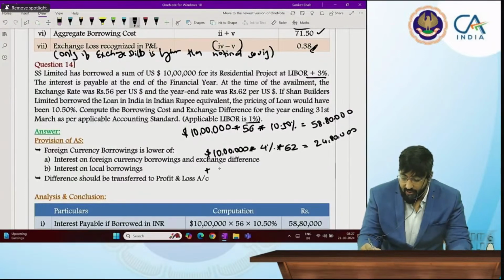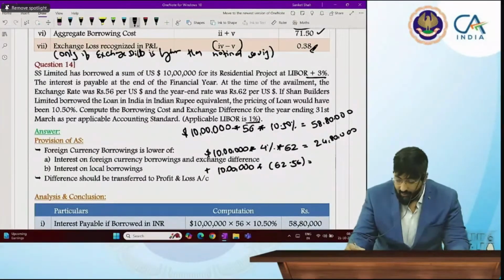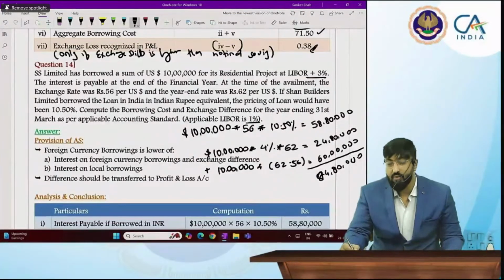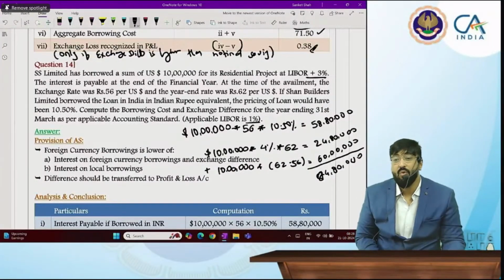And what is the exchange loss? 62 minus 56, 6 rupees, right? Yes, sir. 60 lakhs, 84 lakh 80,000. So 26 lakhs you are going to